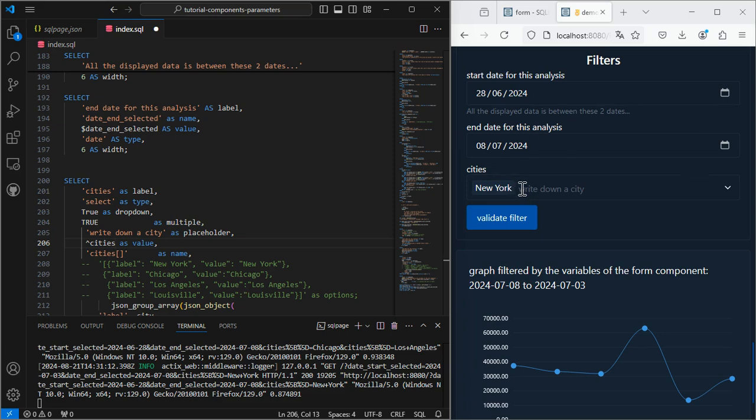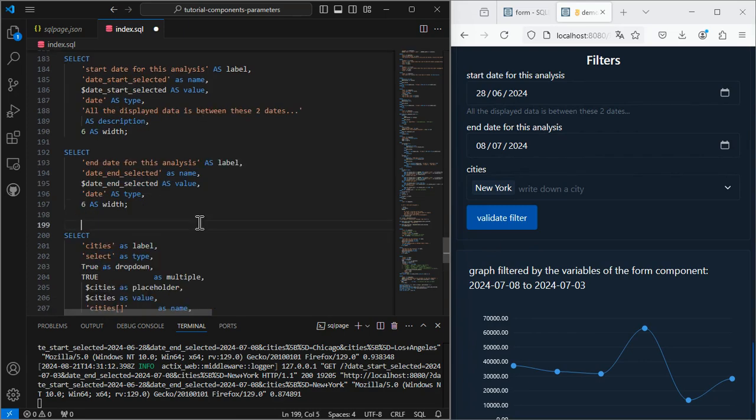Rather than having this weird write down a city placeholder, I'm going to change it with the variable cities so that it will display all the cities selected. Let's save the file and refresh the page.